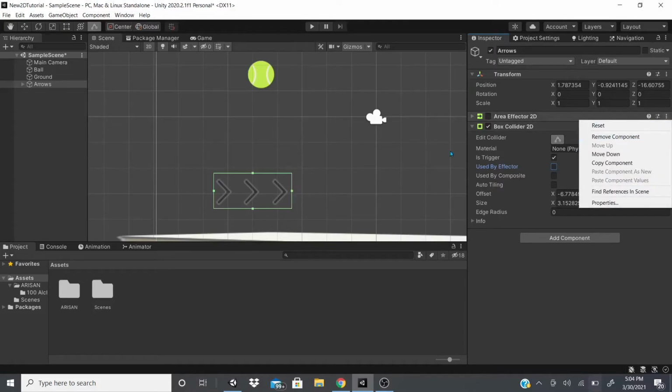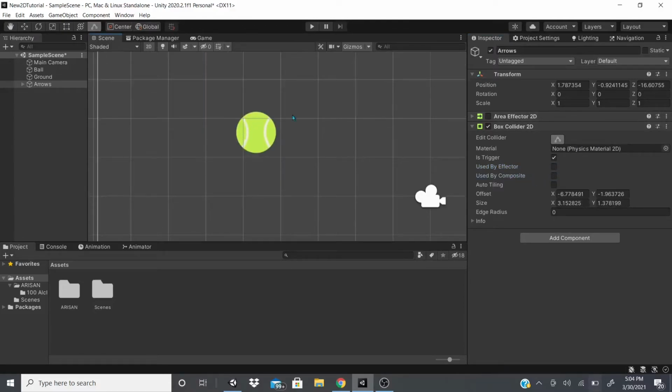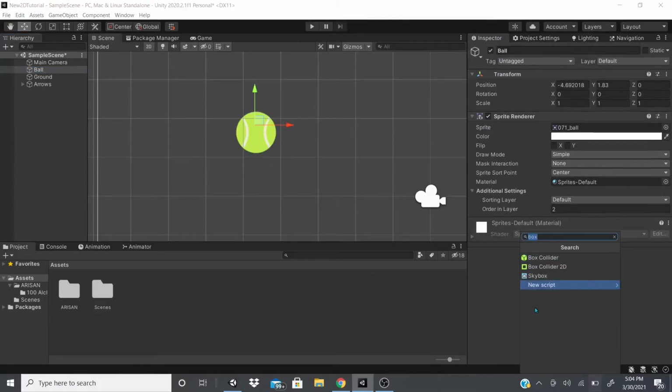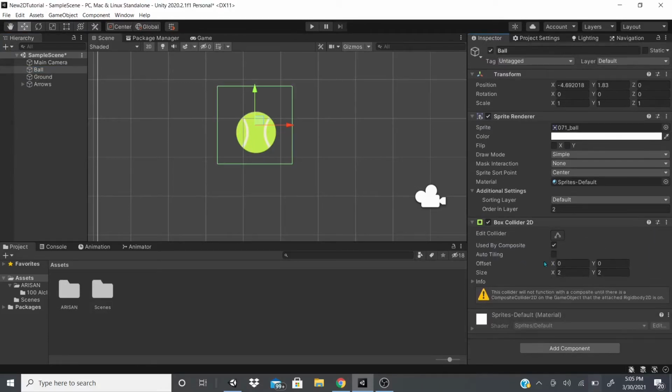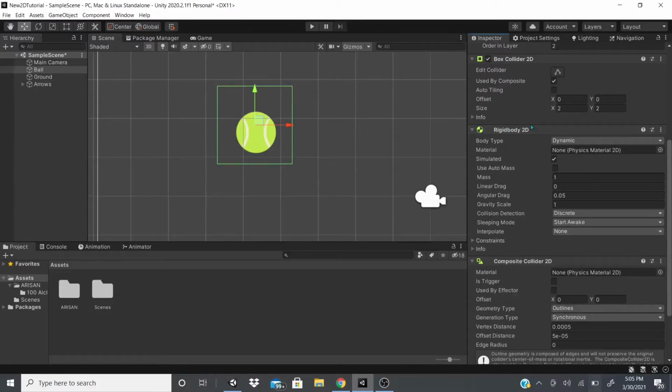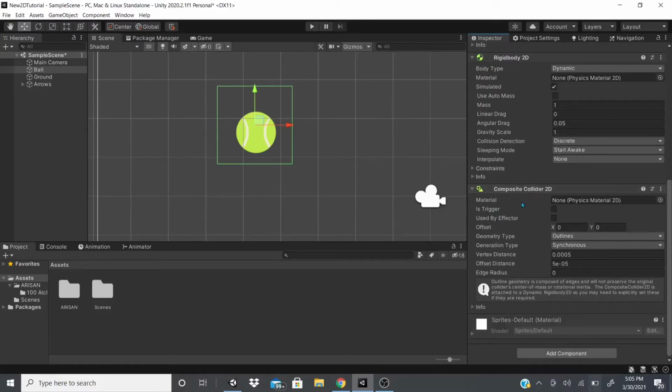Now there's also used by composite. Now used by composite is a little different. I'll show you right here a little better. Let me remove these. So if I go to the box collider 2D, I use by composite, it's going to ask for a composite collider. So I go to composite, or I could go to the Physics 2D and then go to the composite collider 2D, and it's going to add a rigid body for me,